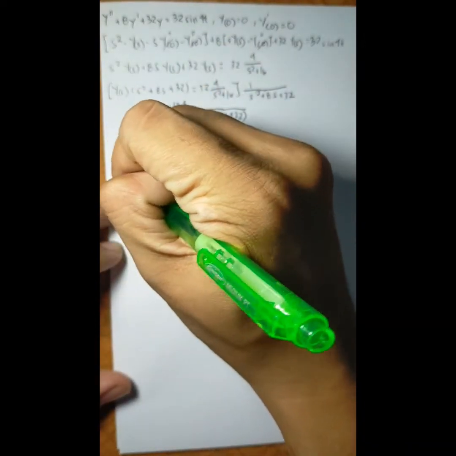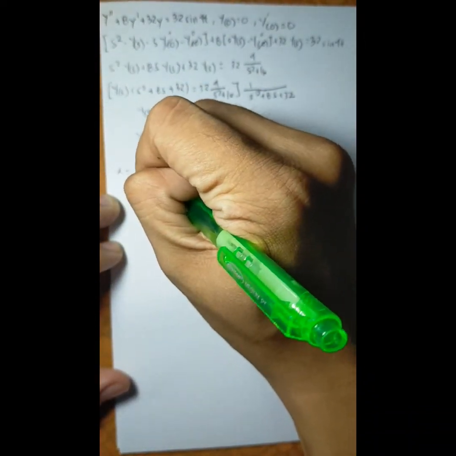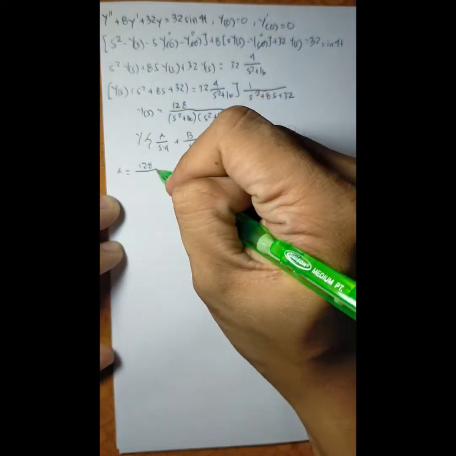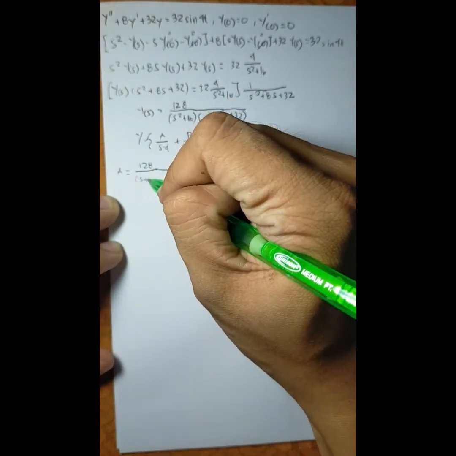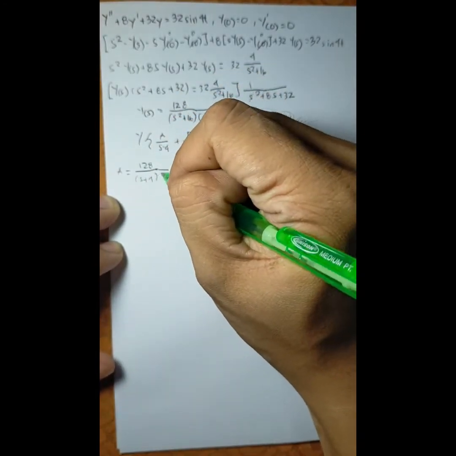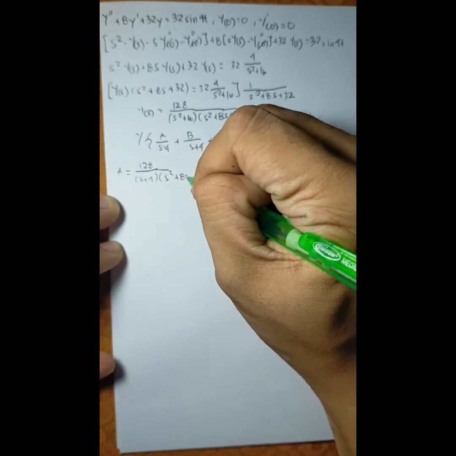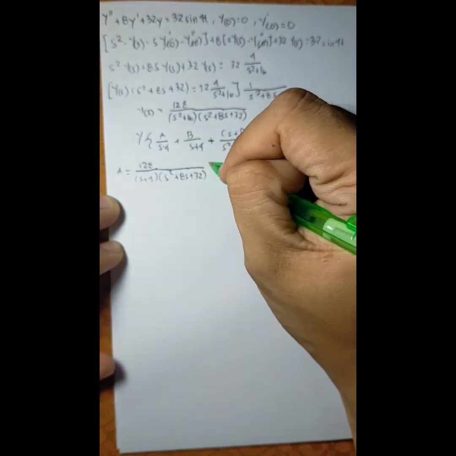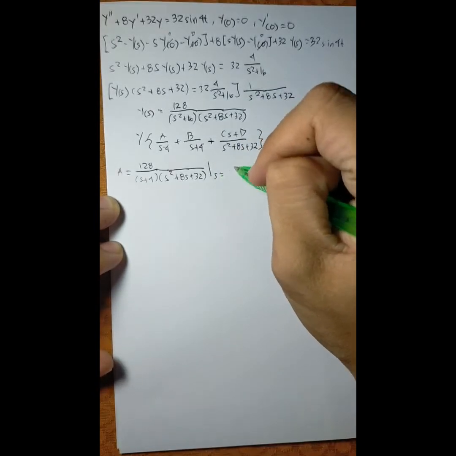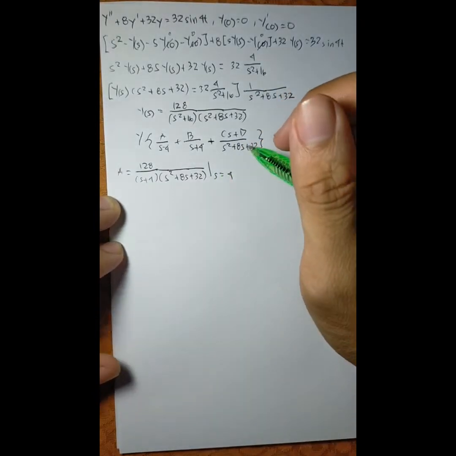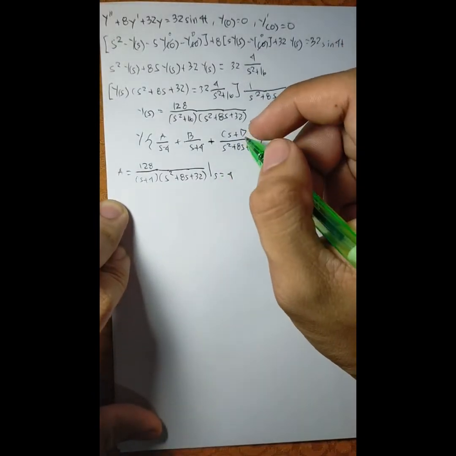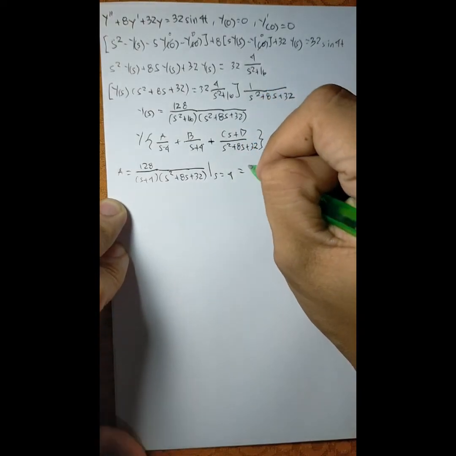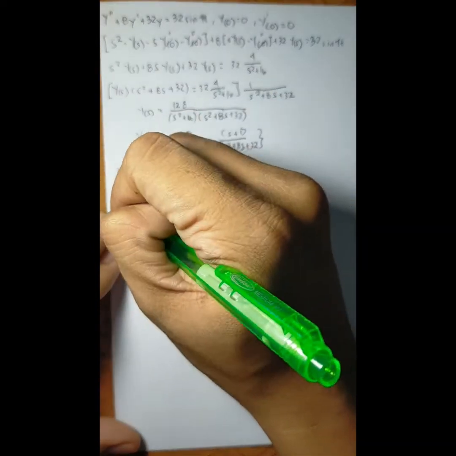So we have a is equal to 128 over s plus 4 times s squared plus 8s plus 32, and our s is equal to 4. And to substitute that, we can get the value of a, which is 16 over 11,